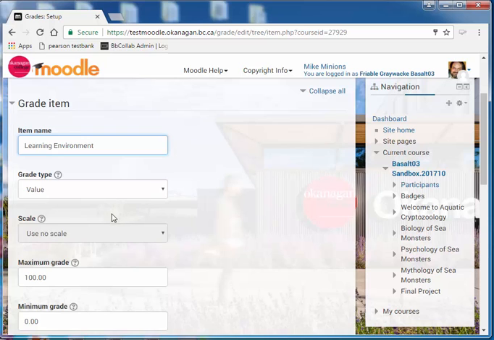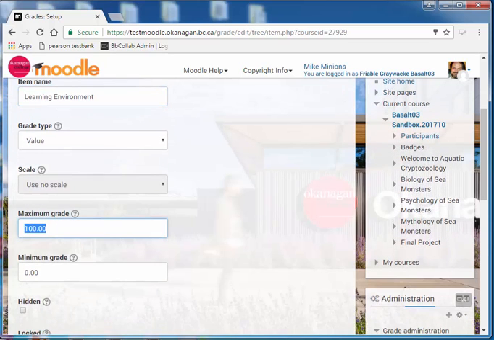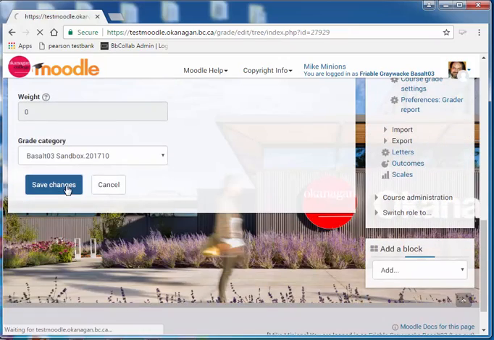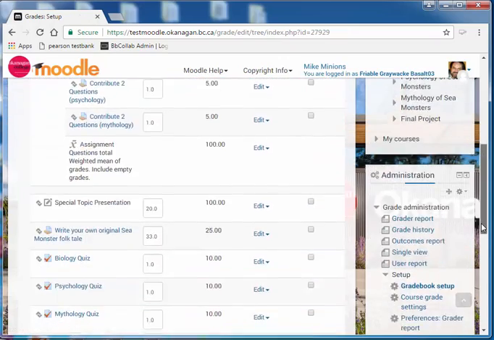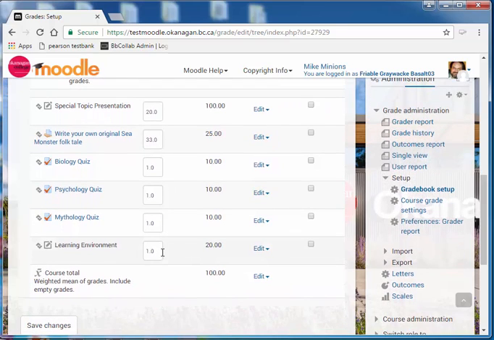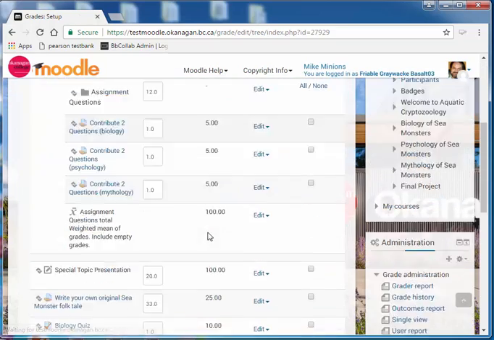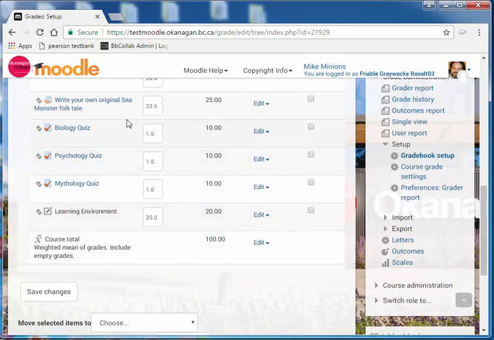Isn't that a fancy name for participation? I'm marking it out of 20 points, and I'm going to save changes. Okay, so there I've got my learning environment. Oh, and it's worth 20% of the course total. Save changes. Now, I got 3 quizzes, which are all out of 10, but it's worth 15% of the course